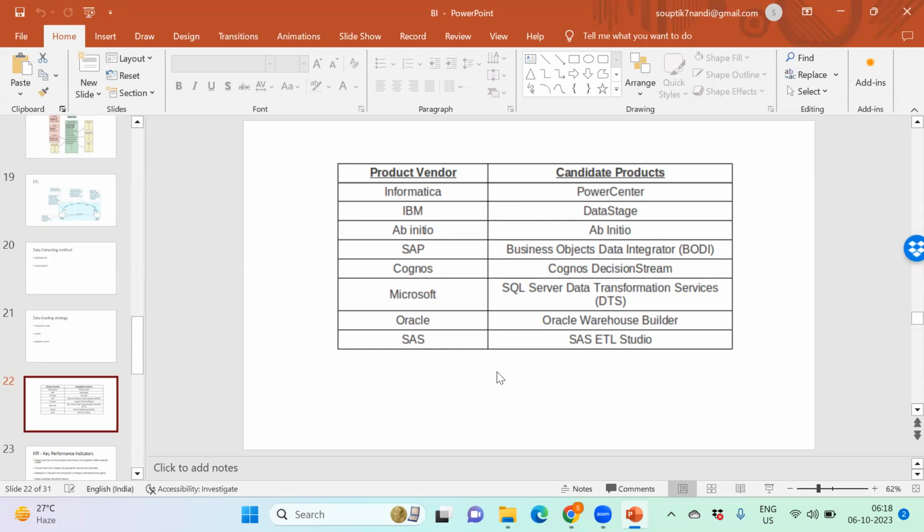IICS, that is Informatica Cloud. I think you might have heard about this terminology. This is very much a popular ETL nowadays. Talend. Talend is one of the important ETL tools. Nowadays, you can also hear about these things. So, based on the requirement,